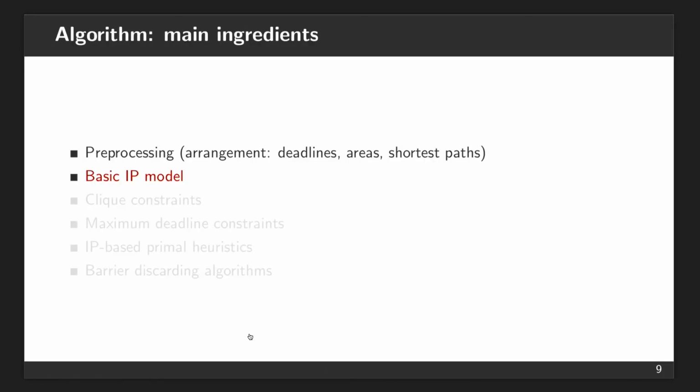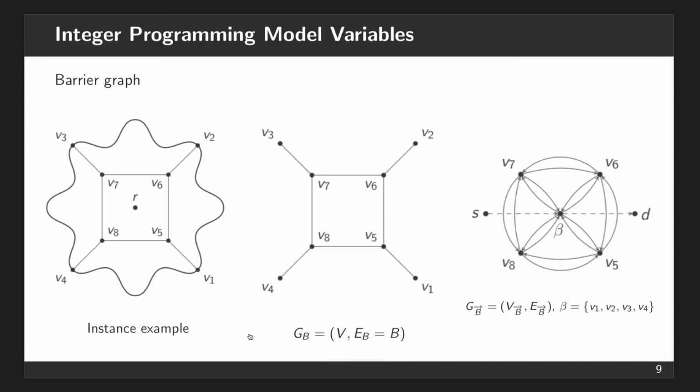The other one is our basic ILP model. So we have this barrier graph, which is the graph that we will construct from the arrangement. So forget about the boundary of the polygon. Then we have this planar graph. And what we do now is, this is the